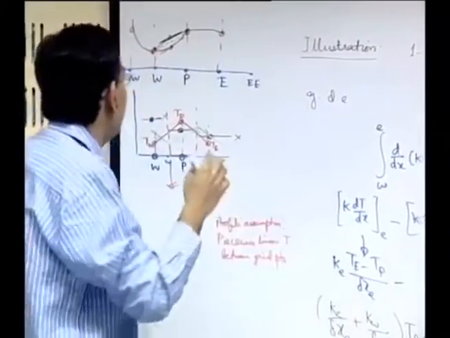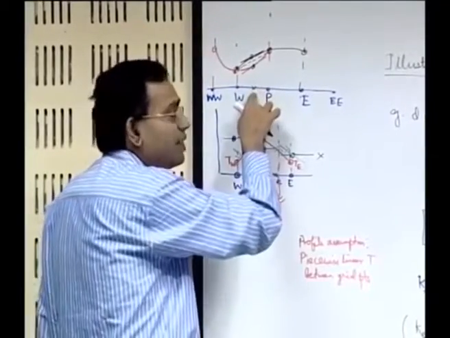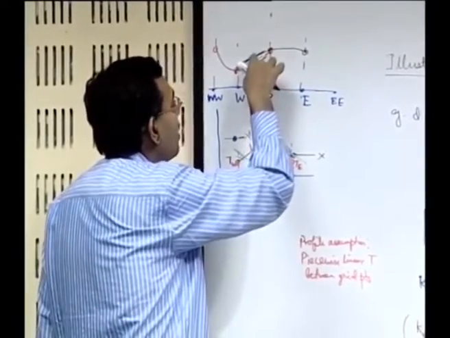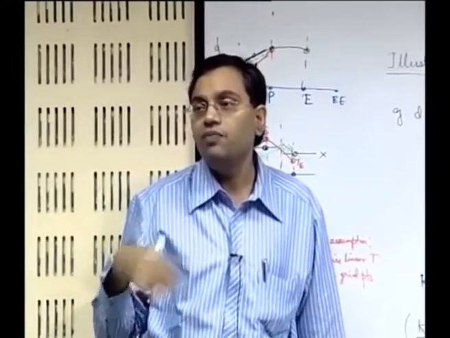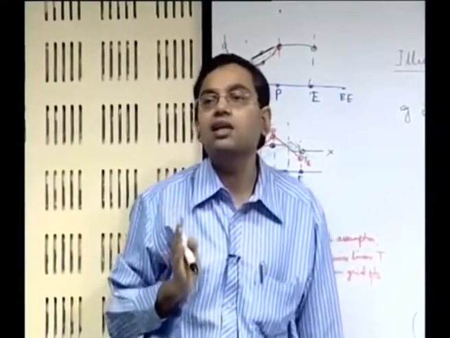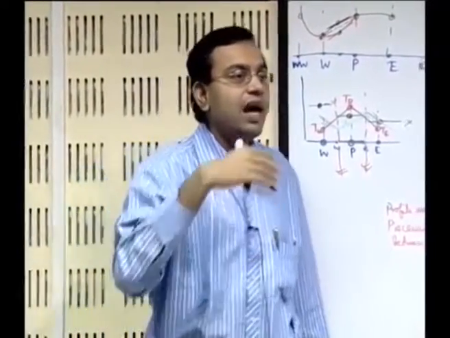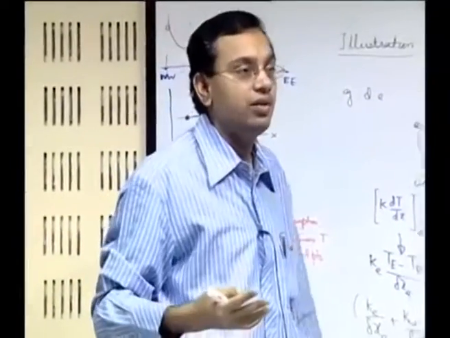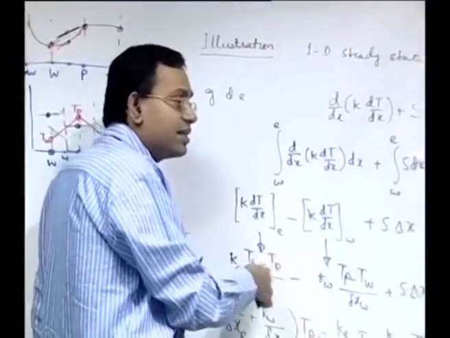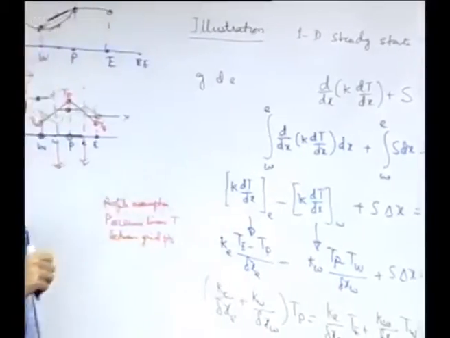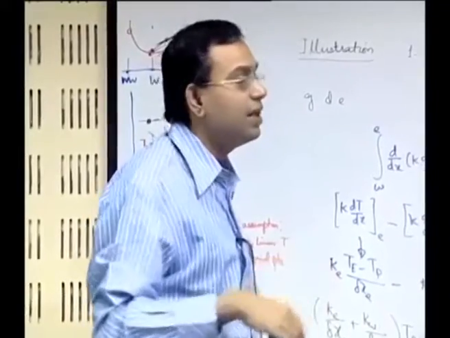So if this point is exactly at the midpoint of the interval, then it will do, but if it is not exactly at the midpoint, then the fluxes calculated from the black profile and the red profile will be different, and then obviously you will not get a continuous flux at the control volume face. That will give you an erroneous discretization; no matter that it is higher order in terms of accuracy, physically it is erroneous. So we should not consider such discretization, and sometimes a simple profile assumption like a linear profile assumption might turn out to be adequate. So we stop here in this lecture, and we will take it up from here in the next lecture. Thank you.